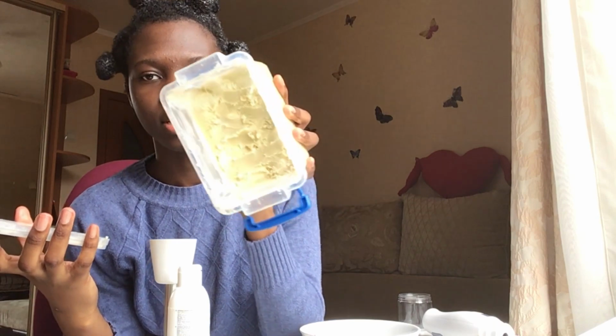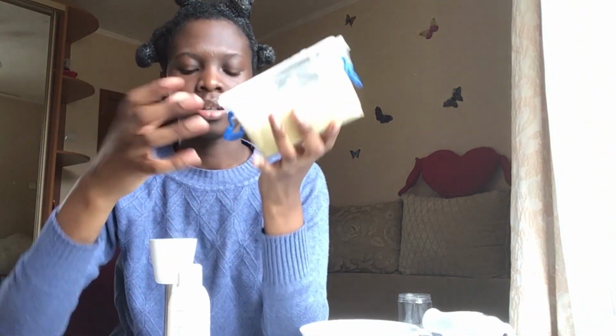I have an empty bowl where I'm going to mix the stuff, and my main ingredient for the butter is my raw shea butter. I kind of have some extracts inside. As you can see, it's really thick. I have my coconut oil,